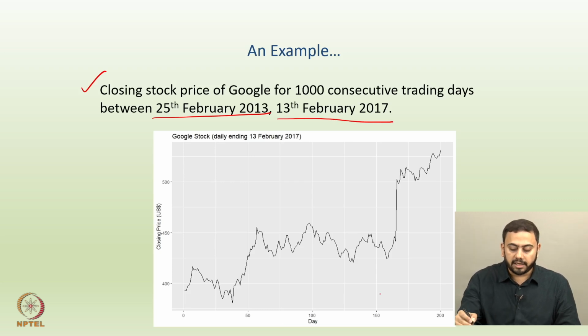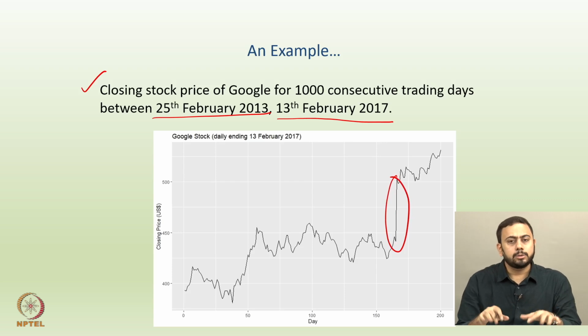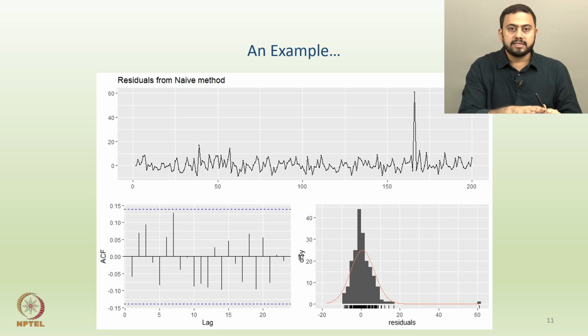So you have some trend, and you have some sharp behaviors. For example, here you can see that the price suddenly jumped in this region. So variance might not be constant, and we have to delve deep into this example. Now all these plots and pictures can be easily obtained in R, so we will discuss that in depth in the next lecture, which is a practical one.